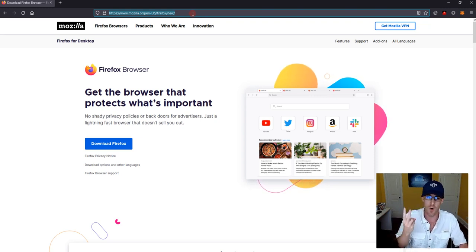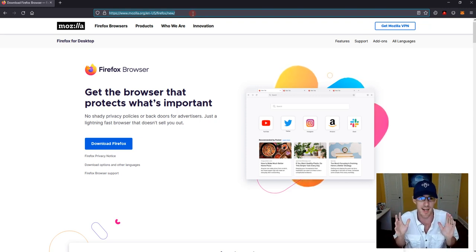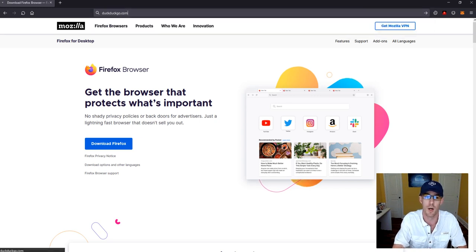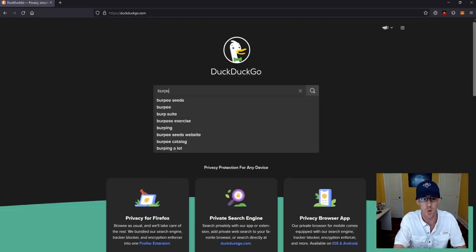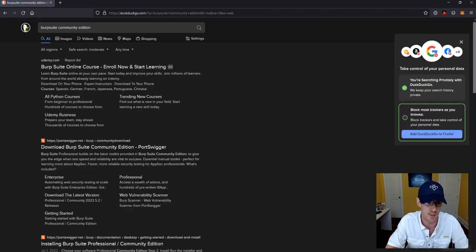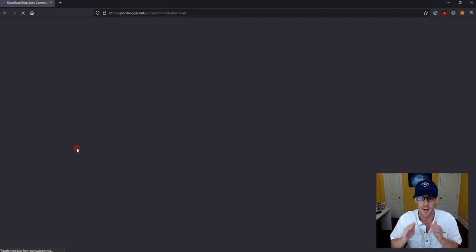We need tool 2. We need a proxy. We need some software that can intercept all the stuff we're doing that we can analyze and play with. There's a lot of options out there, actually, but the one I'm going to teach is Burpsuite. What you need to do, go back to duckduckgo.com, type in Burpsuite Community Edition. Okay, Burpsuite Community Edition. The not ad that comes up down here will be what you need. Download Burpsuite Community Edition, Portswigger. It's free